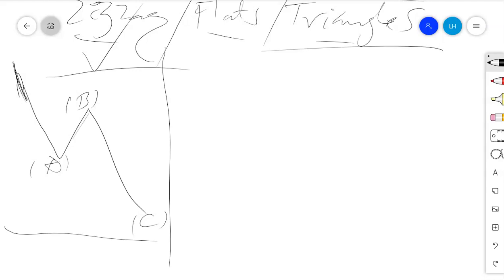Now if we consider this as a zigzag, we'll find that it must have what we call the 1, 2, 3, 4, 5 in wave 1. Then it must have the ABC in wave B. Wave A has 1, 2, 3, 4, 5. Wave A usually is an impulse or a diagonal. Then wave B is actually any corrective, mainly a zigzag. And then finally wave C is 1, 2, 3, 4, 5. It can be an impulse or a diagonal in a zigzag. Now this is very simple.